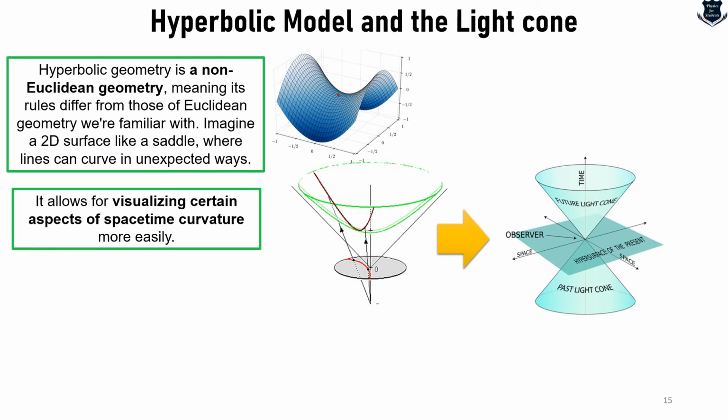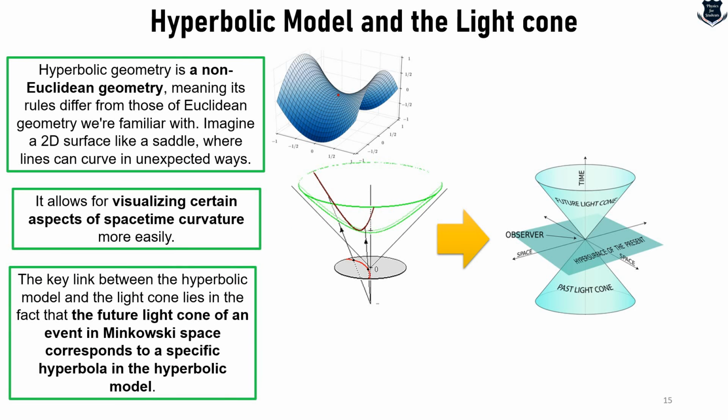Second thing is that if you see this picture, from the hyperboloid we move into the light cone. It allows for visualizing certain aspects of space-time curvature more easily. So the key link between the hyperbolic model and the light cones, we can say, is the fact that the future light cone of an event in Minkowski space corresponds to a specific hyperbola in the hyperbolic model. So whatever light cones you specify in the future will correspond to certain hyperbolas